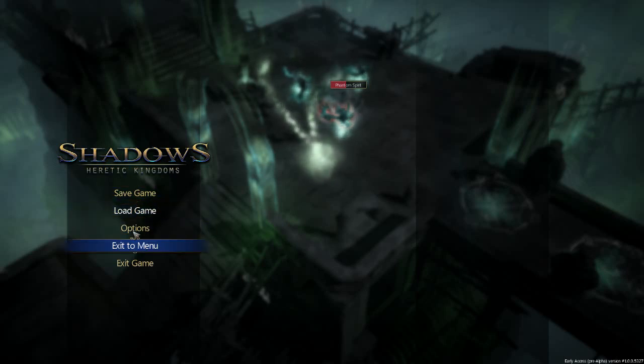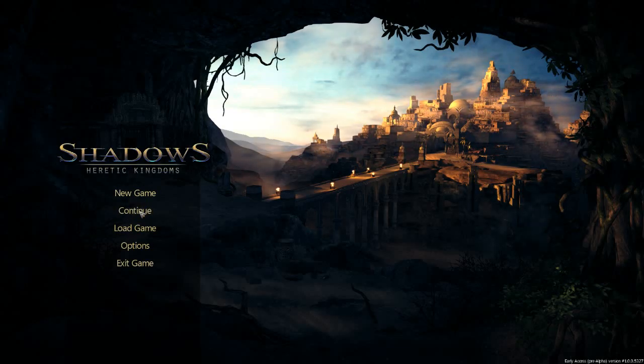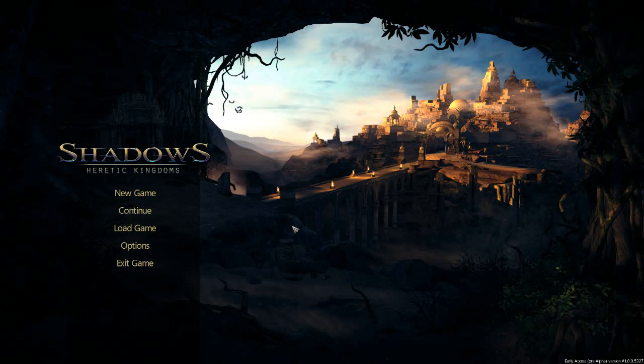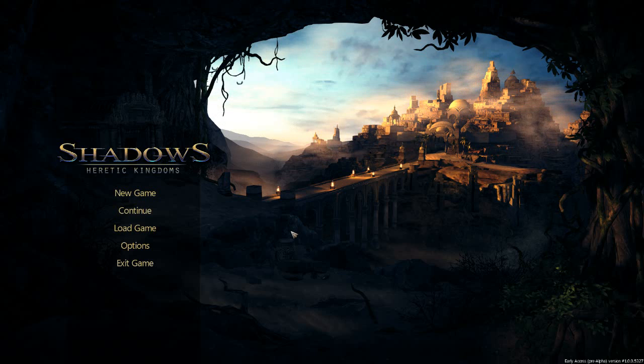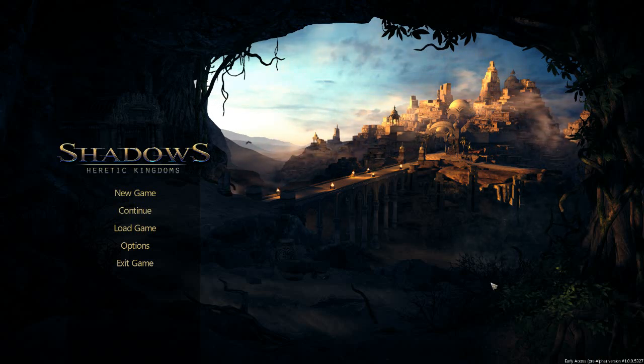Yeah. So that's Shadows Heretic Kingdom. Kind of a quick preview for you. I would have liked to get a little bit farther, but yeah, this episode's about done anyways. Exit to the main menu. Let's see if we hit continue, if it'll take us back there, or if we got to start over. Oh, there is no continue because we had died. So obviously you cannot get your demon killed. The only thing you can resurrect is the human. I did not know that, at least in the early access pre-alpha version